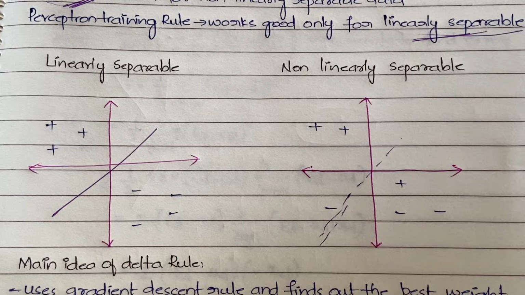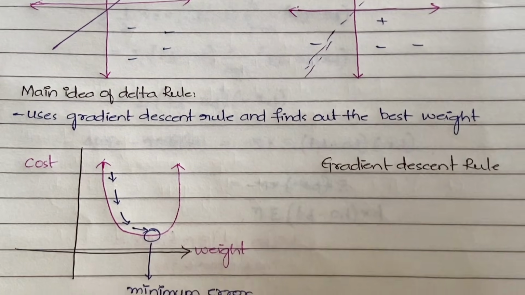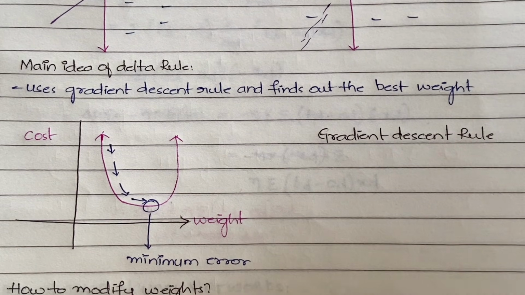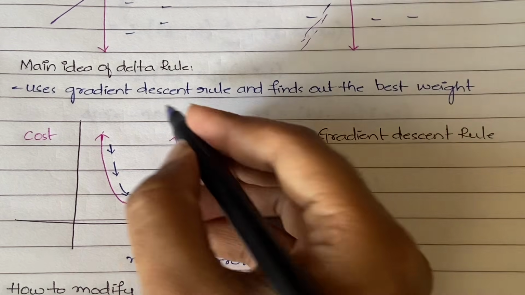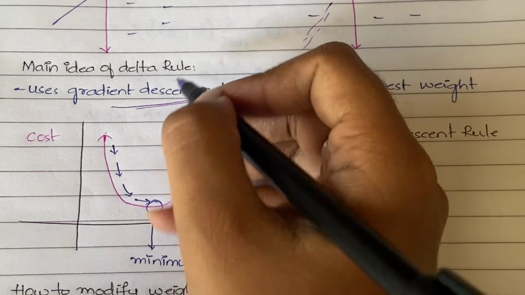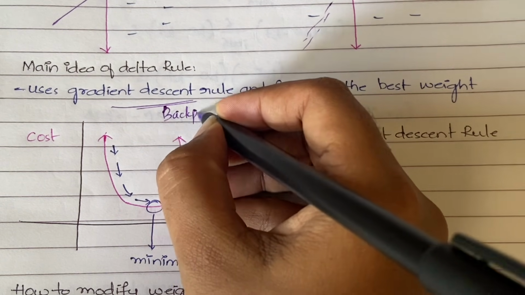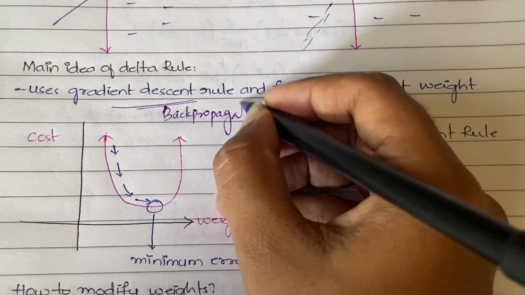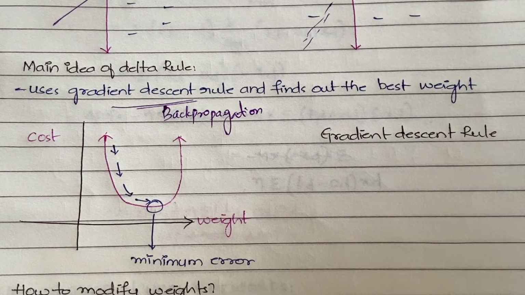Now, what is the main idea of this delta rule? How does it actually work? The main idea behind the delta rule is that it uses the gradient descent algorithm, the gradient descent rule. What is this gradient descent rule? I'll tell you, don't worry. When I'm explaining the gradient descent rule, listen very carefully. We will have a derivation, so listen to the derivation carefully too, because this gradient descent rule is not only used in the delta rule, but you will also be using it in backpropagation as well. Backpropagation is one of the important algorithms, and I will be explaining it in the coming videos, don't worry about that.